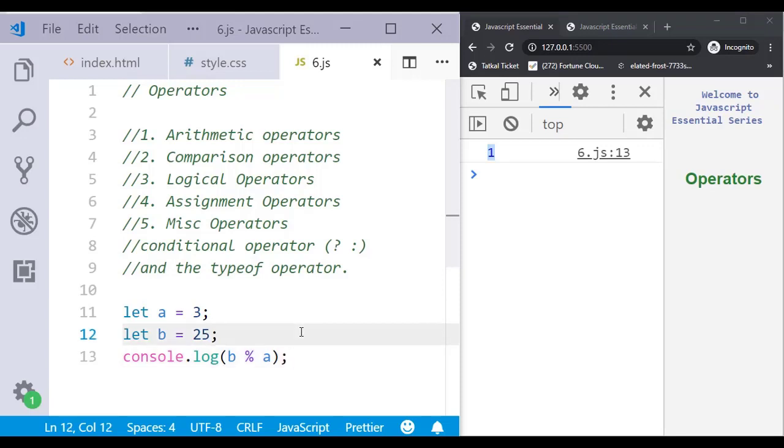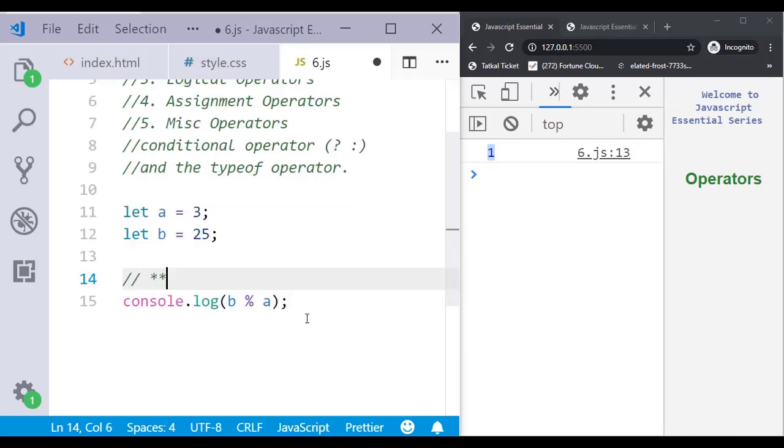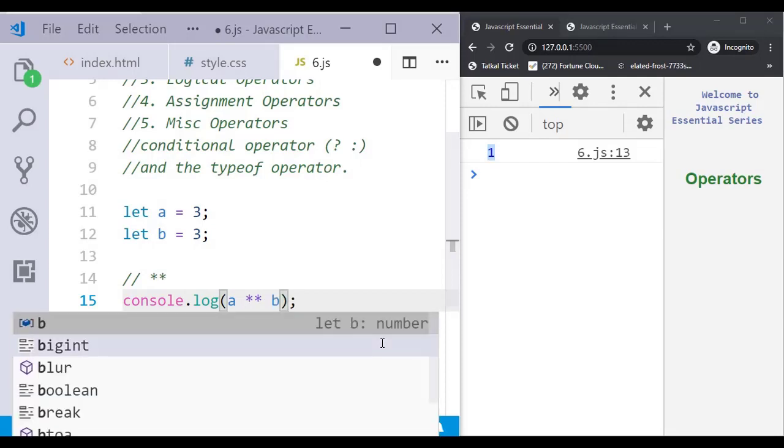The next one is exponentiation. This is a very interesting one, which we represent with the double star. Suppose a and b are 3 and 3, and I do a exponentiation of b.